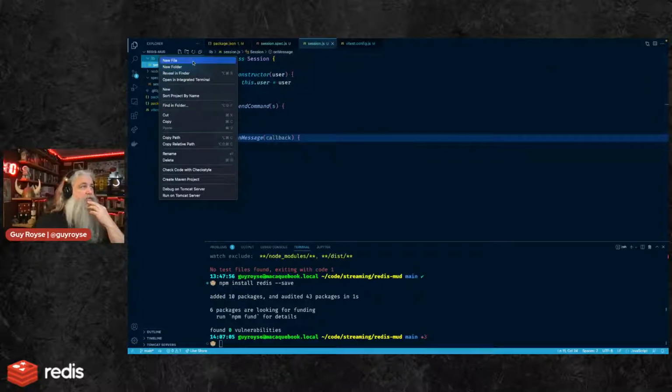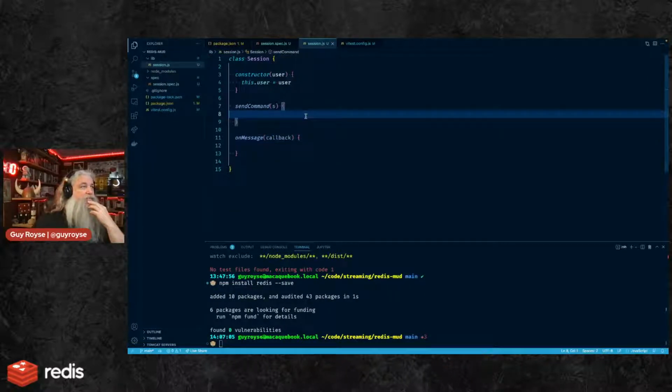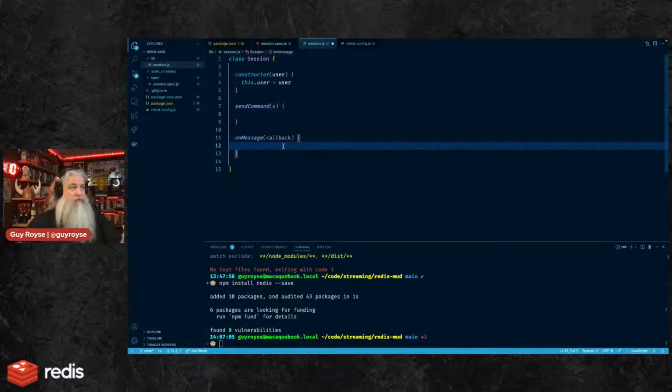Let's poke around some more. I want to be able to send a command. Probably the easiest thing to do would be to just have a chat server working first. That's probably the easiest thing to do, right? So I could do something like when a command is sent here, it does something and pushes it to a pub sub, and then onMessage is responding to pub subs. I could put that code here in this session, but that's not really where it belongs. And so, well, geez, how do I want to do that?